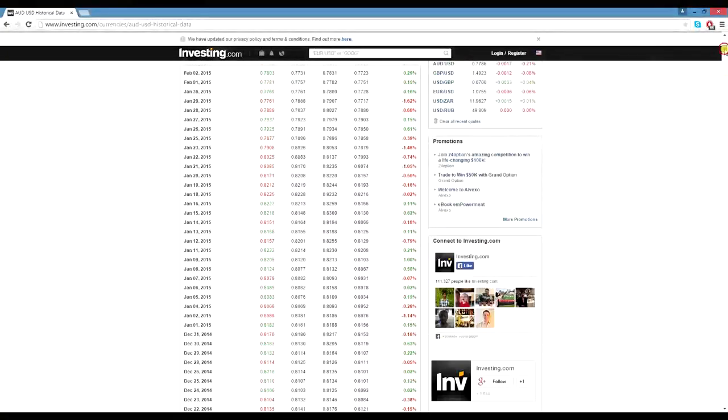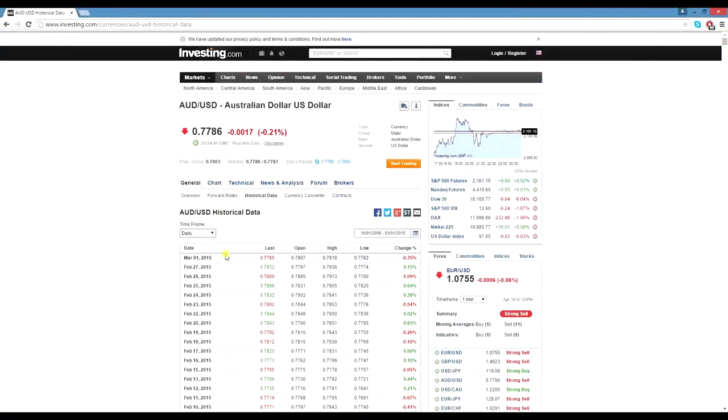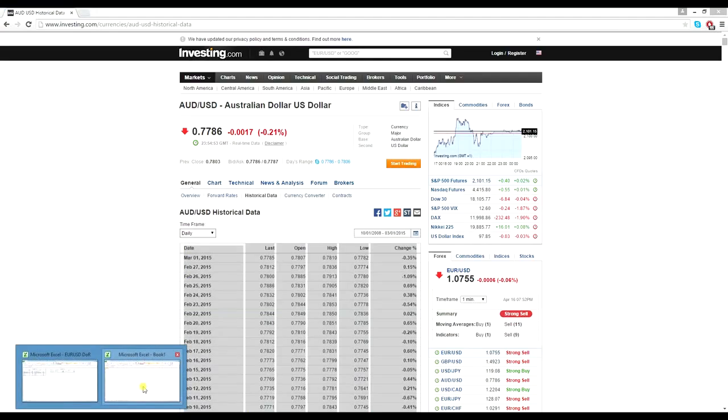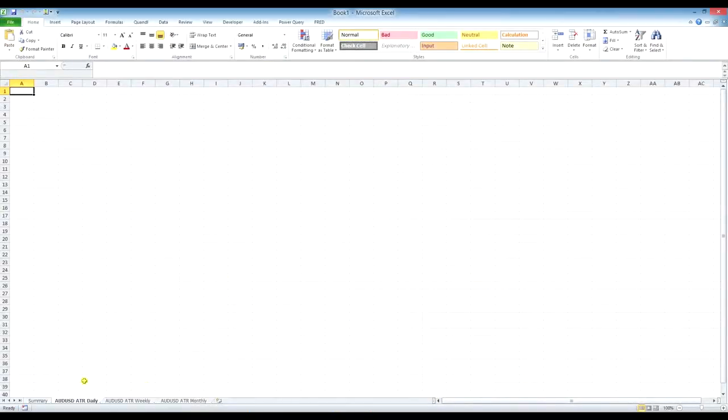And then if we scroll to the top of the web page and we hold shift and then left click before date, that selects all the price data and all the column titles there. And then we can copy that while it's selected by pressing Ctrl C, and then go back to our Excel file and paste this into the Aussie dollar US dollar ATR daily tab into cell A1 by pressing Ctrl V,